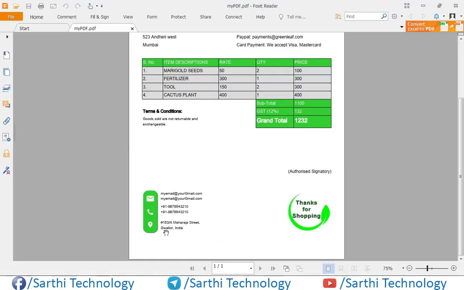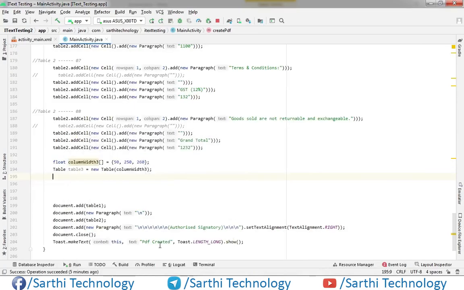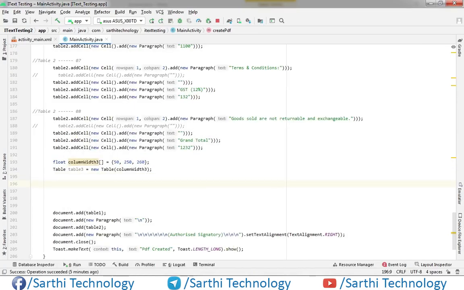Now we need to add this image, and for this image and this image we will just write code first and then insert these images in the table. So first let's write the code. Drawable, and we will call it D2 because the first, that is D1, we used in the starting.